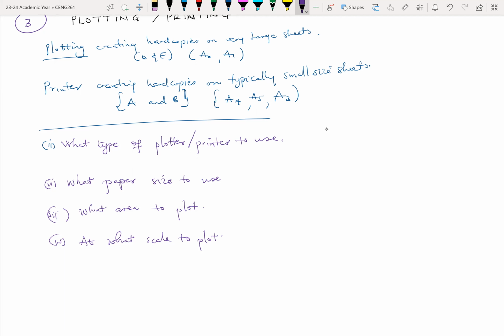So what type of plotter and printer to use is pretty much what you have in your office. If you just want to have a discussion, maybe about a drawing amongst the engineers in the office, then you might decide to use a printer, maybe an A2 or A3 printer,